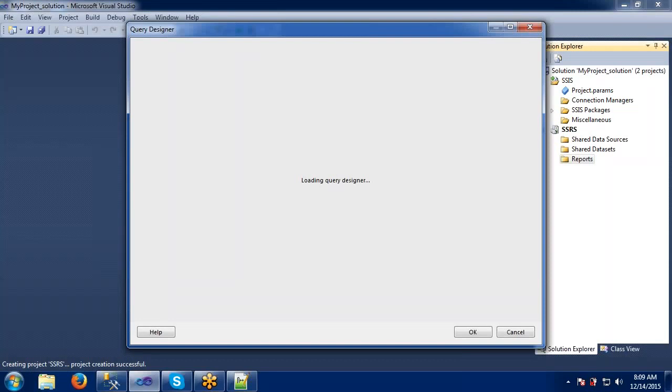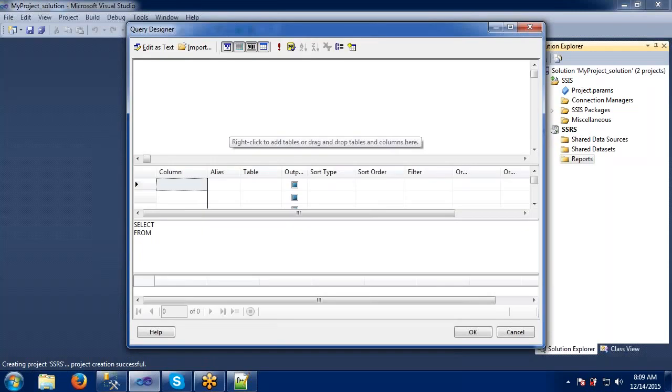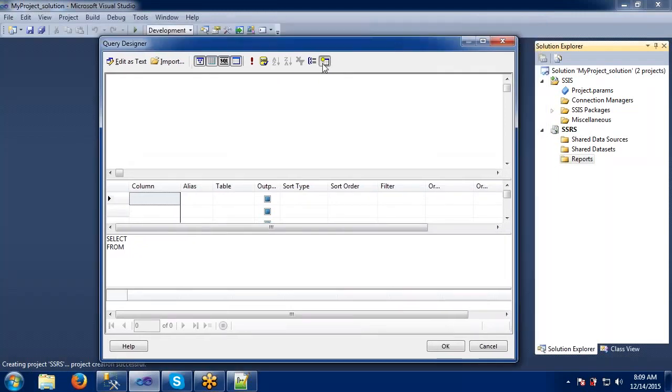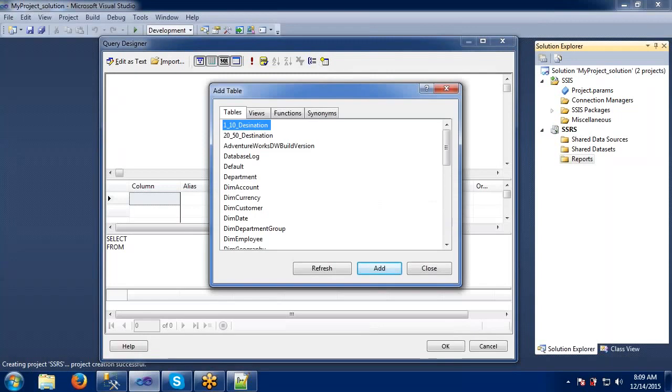What it will do, sir? In this query builder, we have an option where directly we can call the tables from here. Automatically it will connect to the database which we have connected, and it will show all those stuff here.